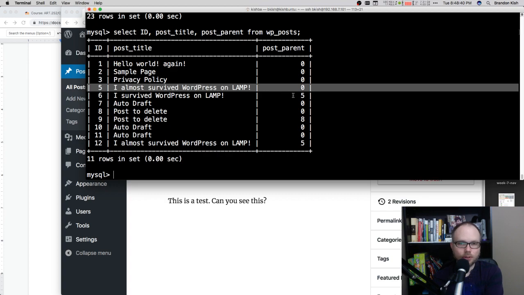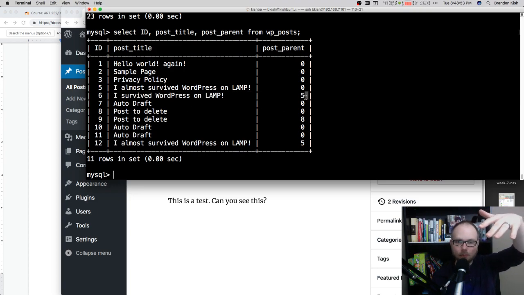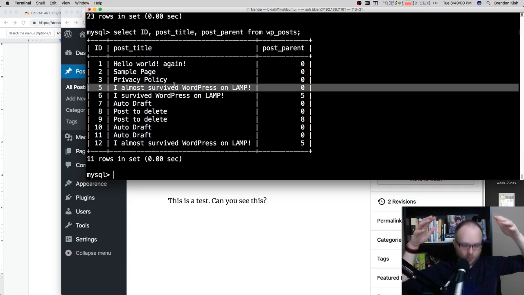That's the original version. So the first entry in WP posts is always going to be the ID that represents the newest version, but then every alteration or version gets its own separate entry as well. And the way that this is all tied together is the parent goes up to the ID that represents the final official version. Yeah, so it is definitely the version history.